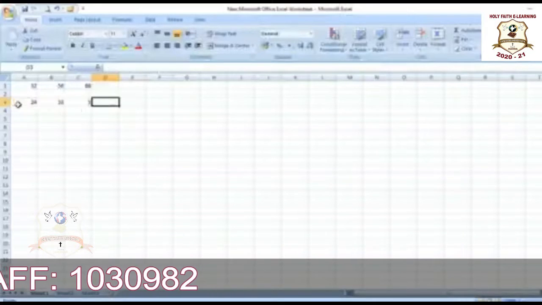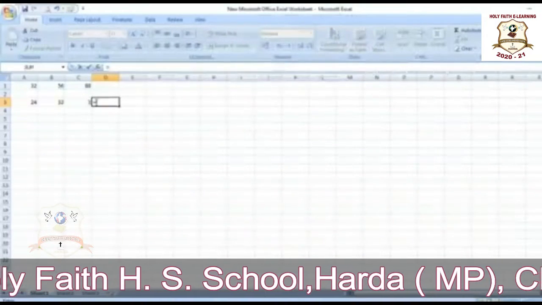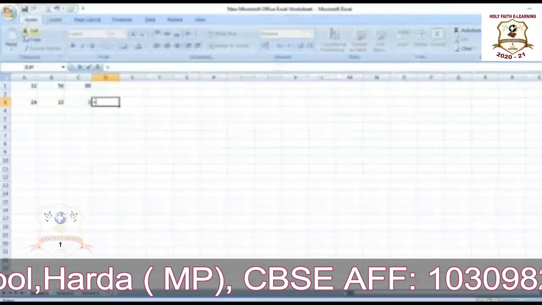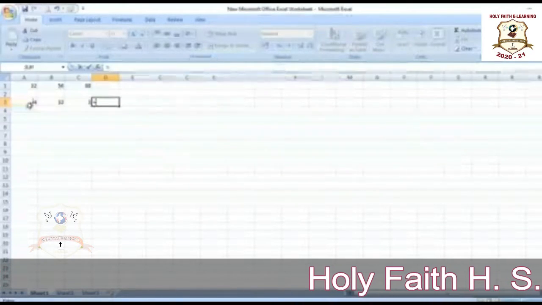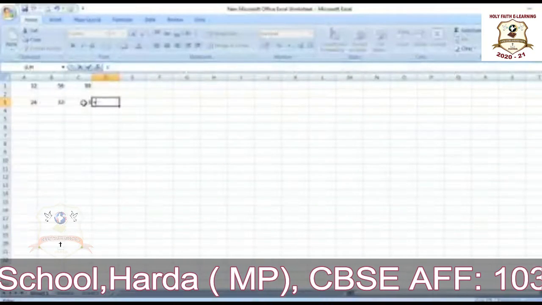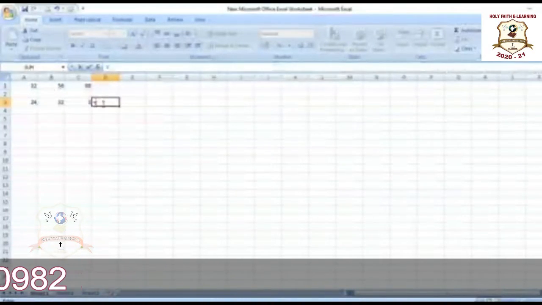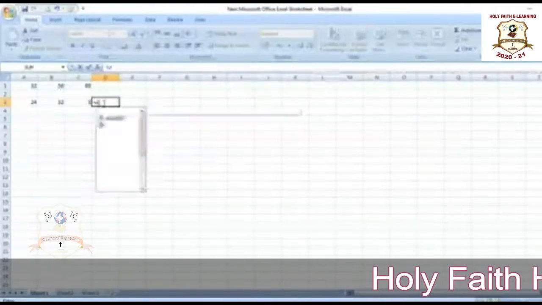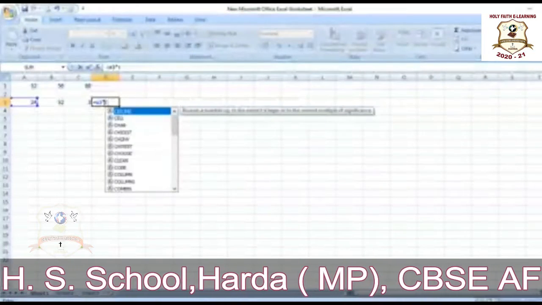We are having three values. So write the formula here for the simplification. Put the equal sign. I want to multiply column A and column C, the values in column A, row third, and column C, row third. So that is what I want to multiply. Write the formula, equal sign we have already put, then A3 into C3,